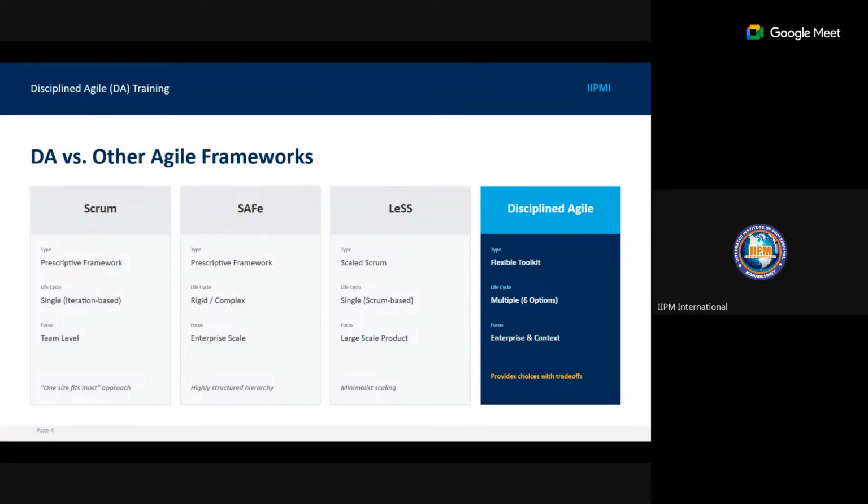But for Disciplined Agile, the type is a flexible toolkit. One thing I would like us to notice here is that Disciplined Agile regards itself as a toolkit rather than a framework or a methodology.